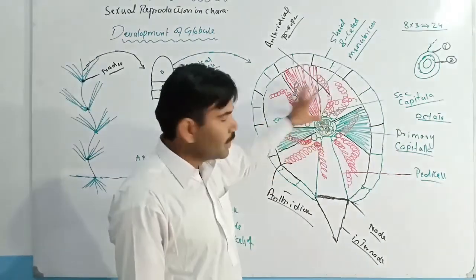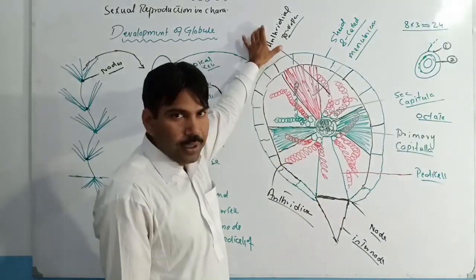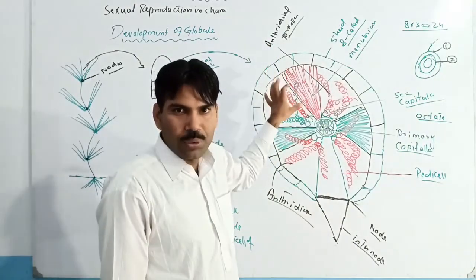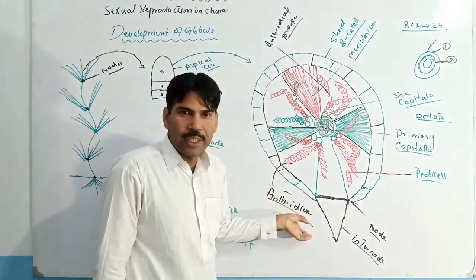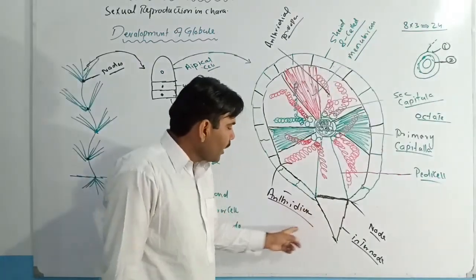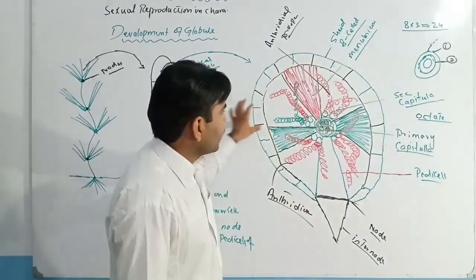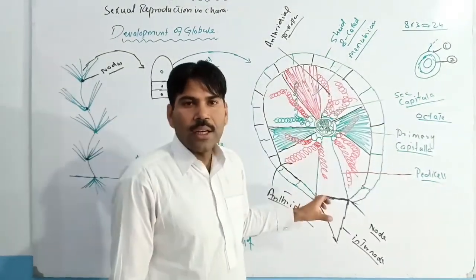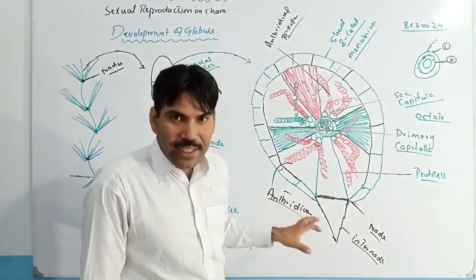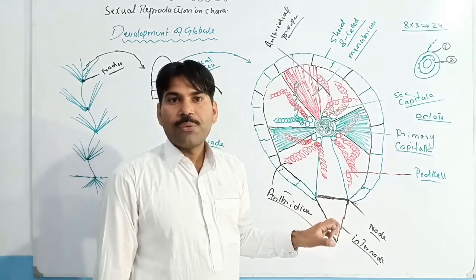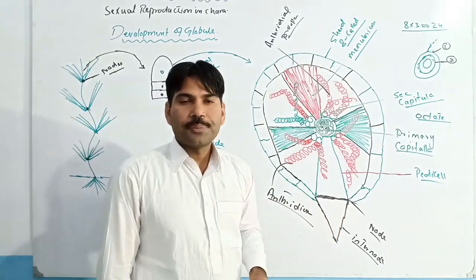The cells present in the antheridial filaments are known as antheridial proper, but these are still immature cells. When they become mature, they are converted into antheridia. So these are the male sex structures of Chara, which are developed in the male structure known as the globule. In the next lecture, we will study the female portion or female structure of Chara, which is known as